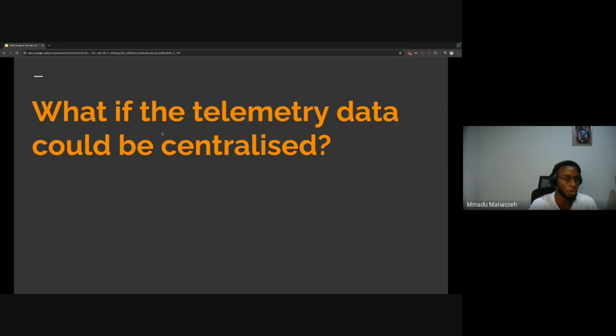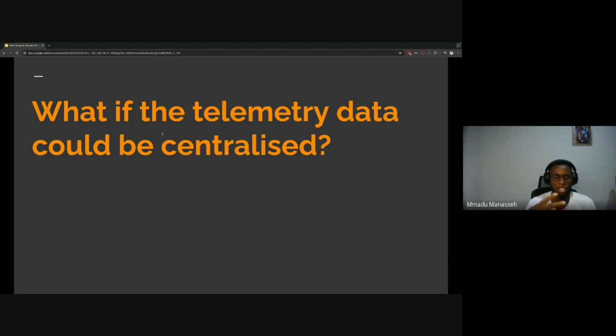And that was when people began to think, what if we could make telemetry data centralized? What does it mean to make telemetry data centralized? All these platforms basically just need the data. Datadog needs the data, Prometheus needs the data, Splunk needs the data. But one thing they don't really need is how that data is collected. So I just need to move the data from my application to Datadog, and if I can do that, it means I can maintain the same code but just change the backend to which these metrics are being pushed.